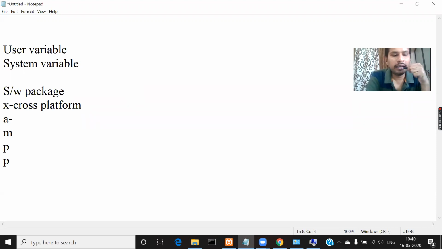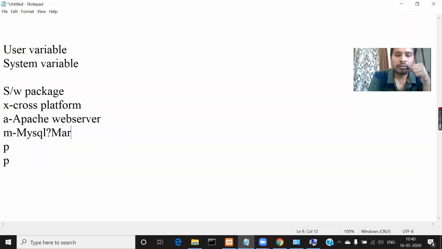Then the first A, it is representing Apache web server. Then the M stands for either MySQL or MariaDB. So it will be MySQL, both are same.